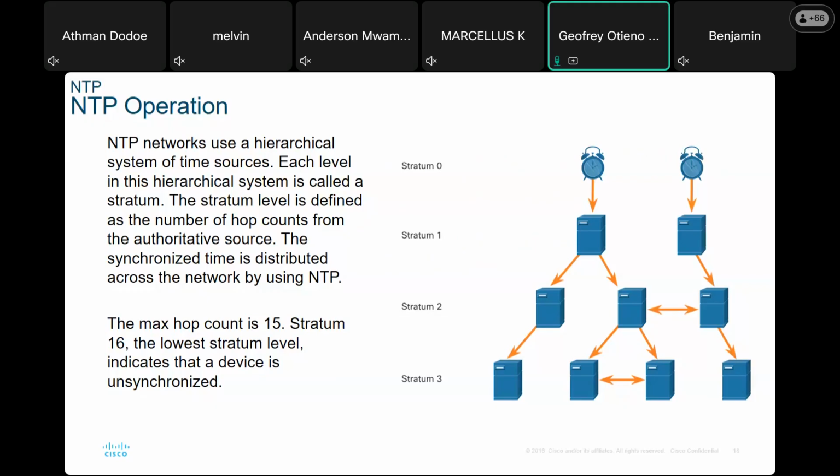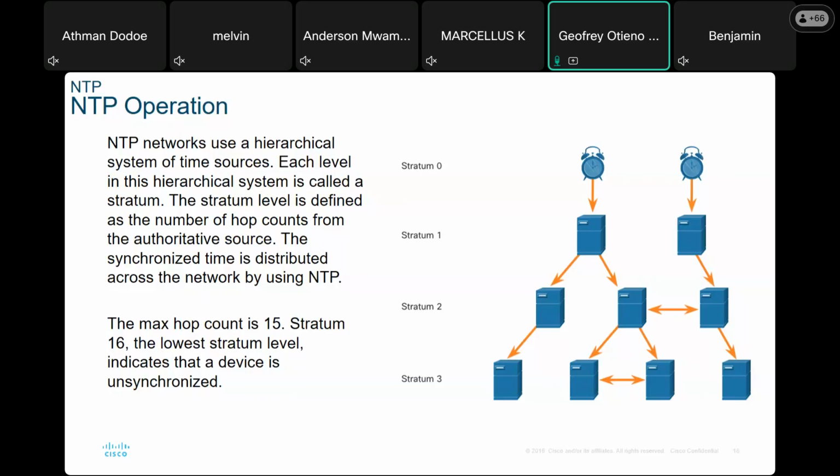With NTP, when that synchronization is taking place, all the devices will have an update on the same. NTP uses a hierarchical system of time sources, and the levels that we have, what we call stratum, will be able to define